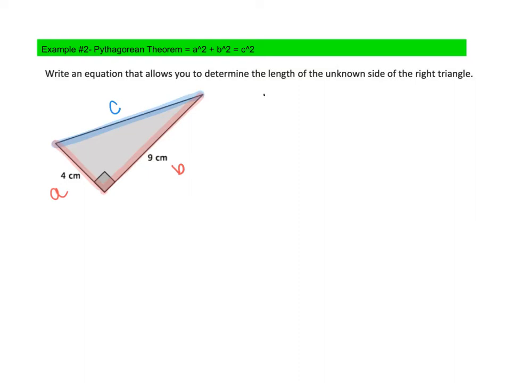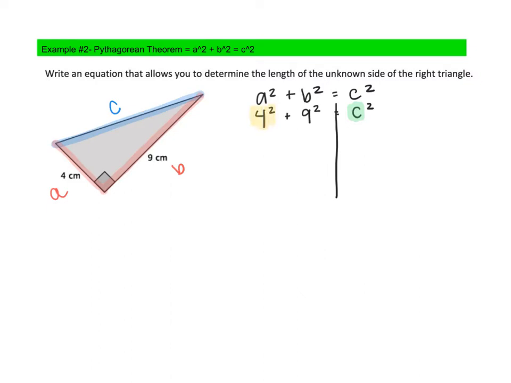I have a squared plus b squared equals c squared. This is my formula. Do I know what a is? Yeah, a is a 4, so this becomes 4 squared. Do I know what b is? Yes, this is a 9, so this becomes 9 squared equals c squared. I don't know what that c is yet. From there I'm going to solve. I'm trying to get c by itself. It's already pretty much by itself, so what I'm going to do is I'm going